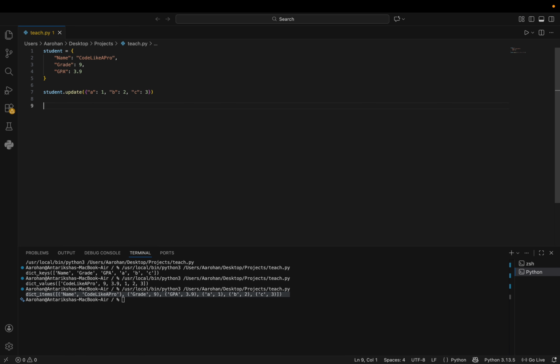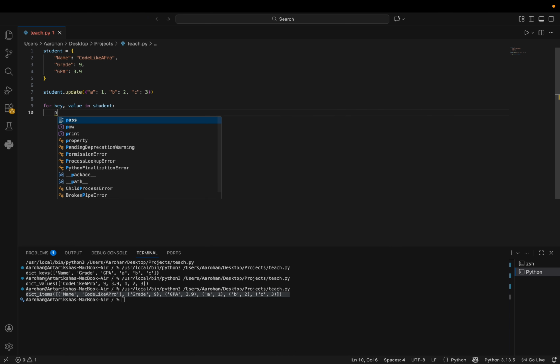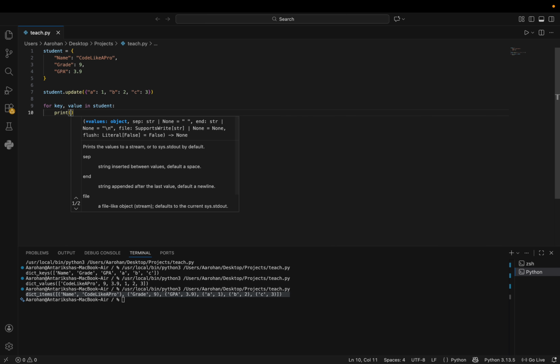Now let me show you the key and value keywords. So I'll show you this using a for loop. So if we want to iterate through each key and each value at the same time, how can we do that in just one for loop? Well, we'll have 2 iterating variables separated by a comma, key and value. And then we'll iterate through the student dictionary. And then for each key and value pair, I will